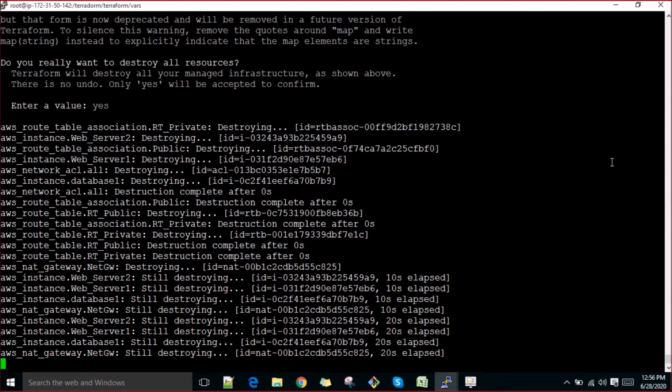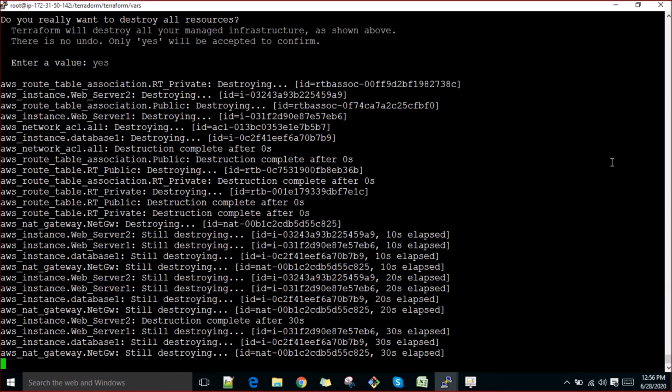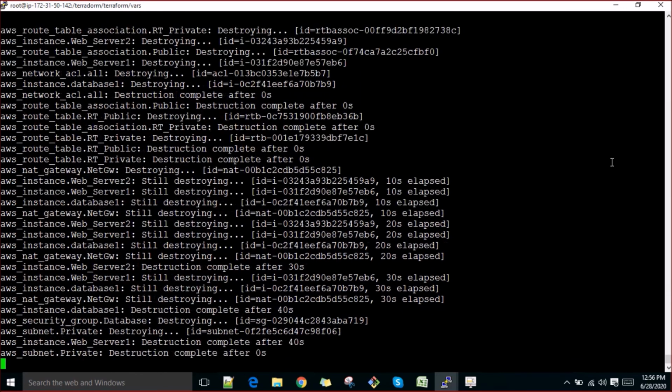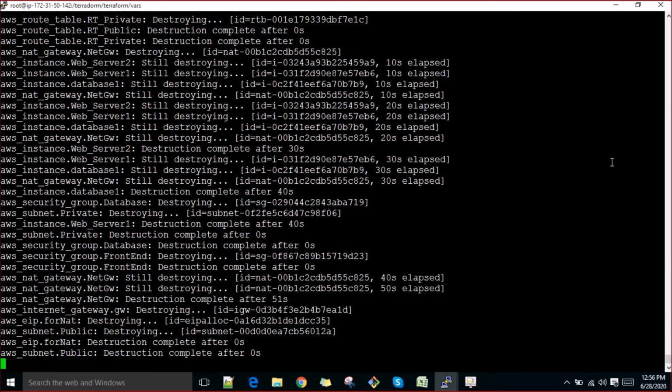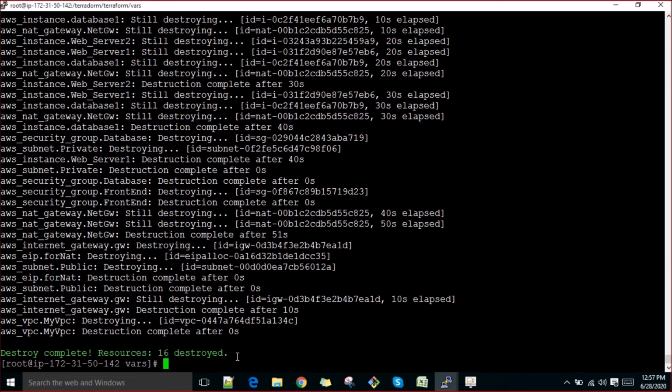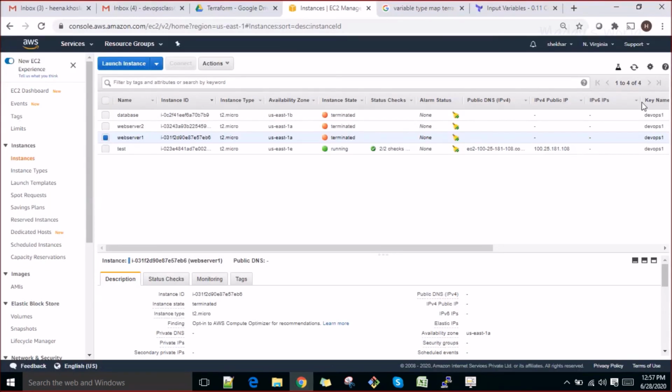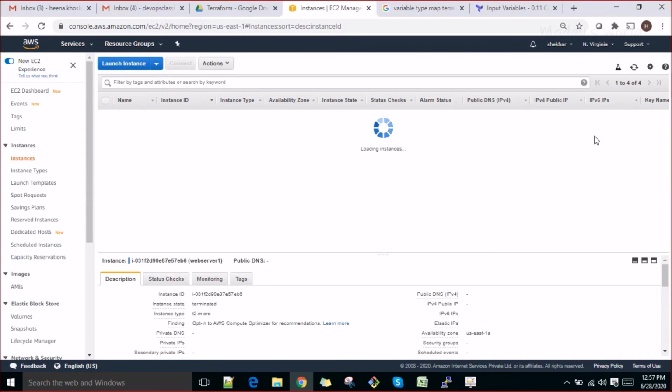That's how Terraform will help you. So keep on practicing the things, which is going to make you a really strong system admin. And if a few of the things are remaining now, which are being destroyed, you can see all 16 resources have been quickly destroyed. Right, so how easy it was, right?